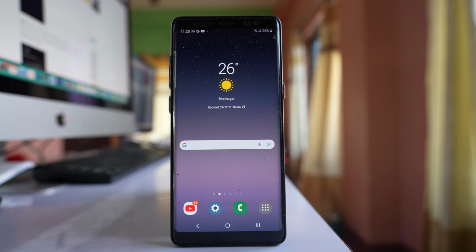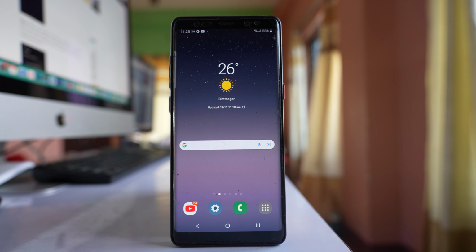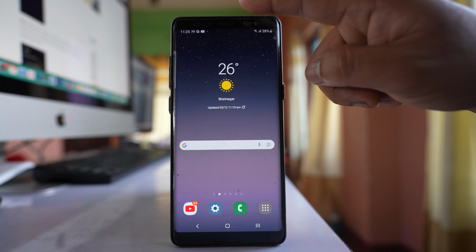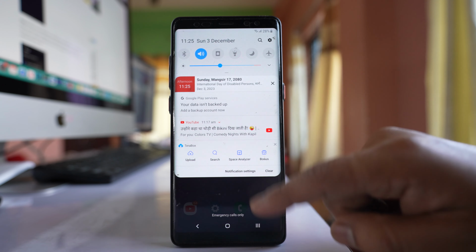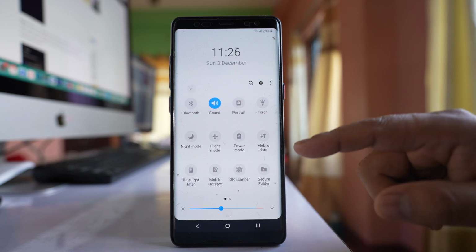In this video today we will see how to fix if the Wi-Fi icon or any other icons such as Bluetooth is missing from the quick panel settings of your Samsung phone. If I scroll my screen from the top and open this quick panel settings, I don't have the Wi-Fi